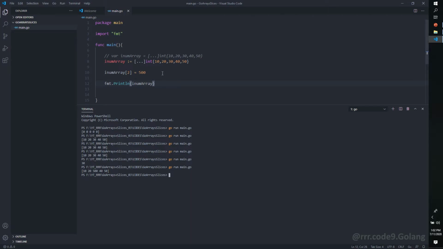Okay. So moving ahead, the next question comes how to define a multidimensional array. Let's define another array, that is ifloat array. Let's use this shorthand declaration, and let's consider the size of array as 2 cross 2.